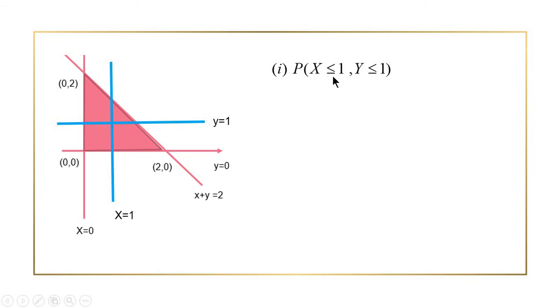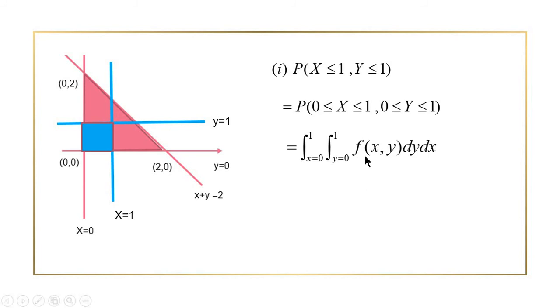Since 0 is less than or equal to 1 and 0 is less than or equal to 1, this region must include the point origin, and which must be the blue colored square. Since we have got all the region where 0 is less than or equal to x less than or equal to 1 and 0 is also less than or equal to y less than or equal to 1. If we consider a vertical strip or horizontal strip, you know that for a square or a rectangle, the limits of x and y will always be constant.